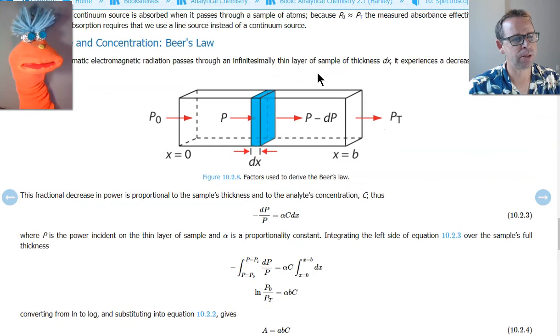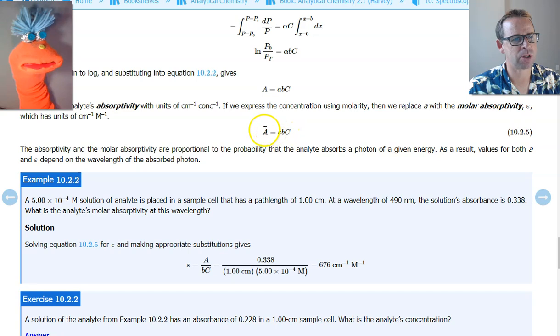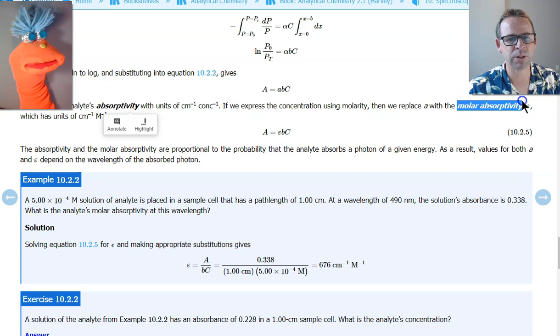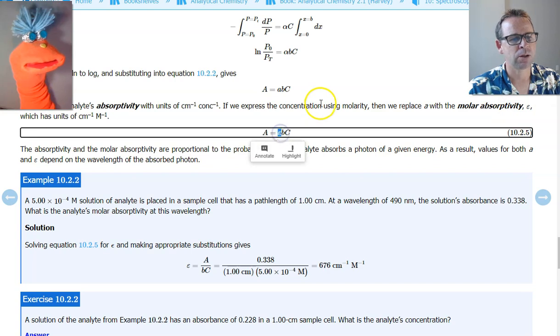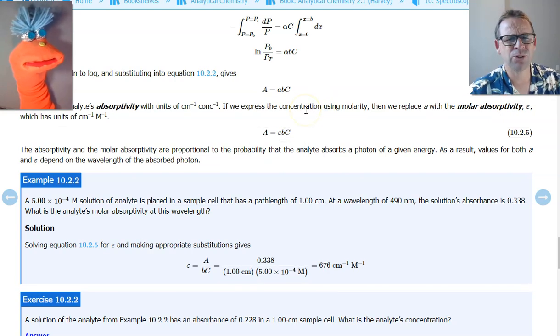Okay, very good. Now, Beer's law, here's Beer's law right here, right? Absorbance equals concentration, and that's usually where we spend most of our effort. But now we want to become familiar with what's called the absorptivity, or the extinction coefficient, or the molar absorptivity, all right? And this extinction coefficient, molar absorptivity, what are its units? What do you think its units are?